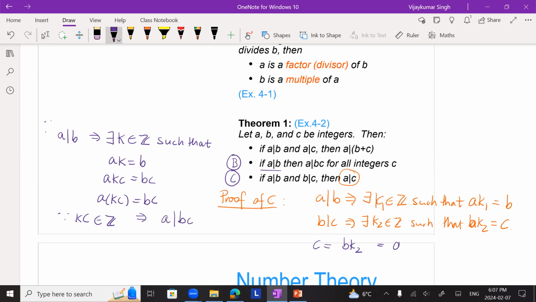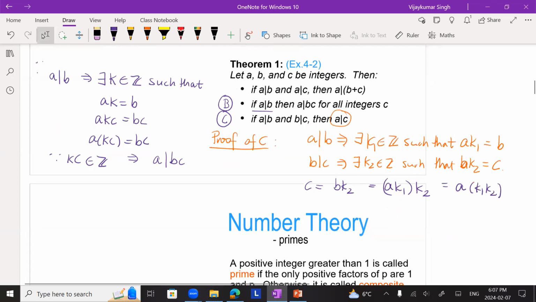From the earlier one, B is the same as AK1, so times K2. This will give me A times K1K2. Now here I should argue that K1K2 belongs to Z. Since K1K2 is an integer, this implies A divides